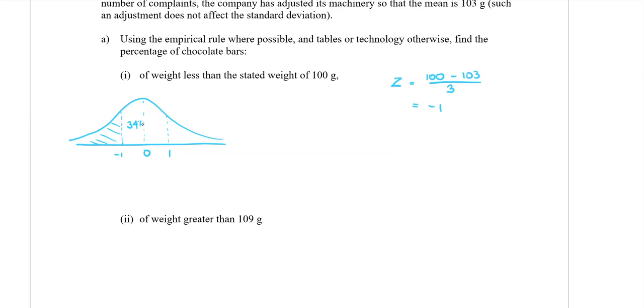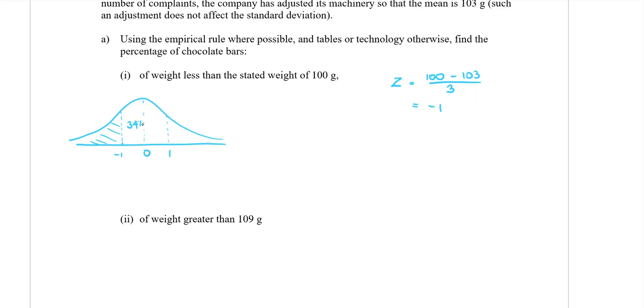So how can I find the shaded in part that I want? 50% of my probability is less than the 0 there, down the center of my line, just minus the 34%,